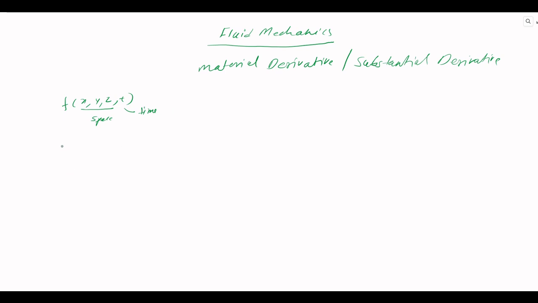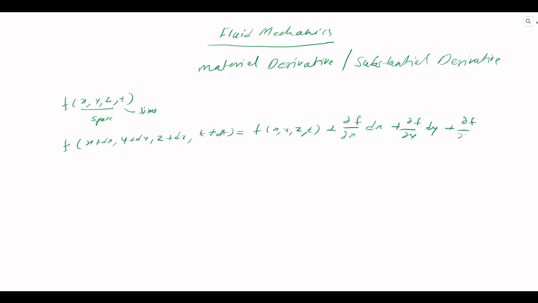So, a small increment in a flow field, here x plus dx, y plus dy, z plus dz, and t plus dt, equals f of x, y, z, and t plus the partial derivative of f with respect to x into dx, plus the partial derivative with respect to y into dy, plus the partial derivative with respect to z into dz, plus the partial derivative of f with respect to t into dt, plus